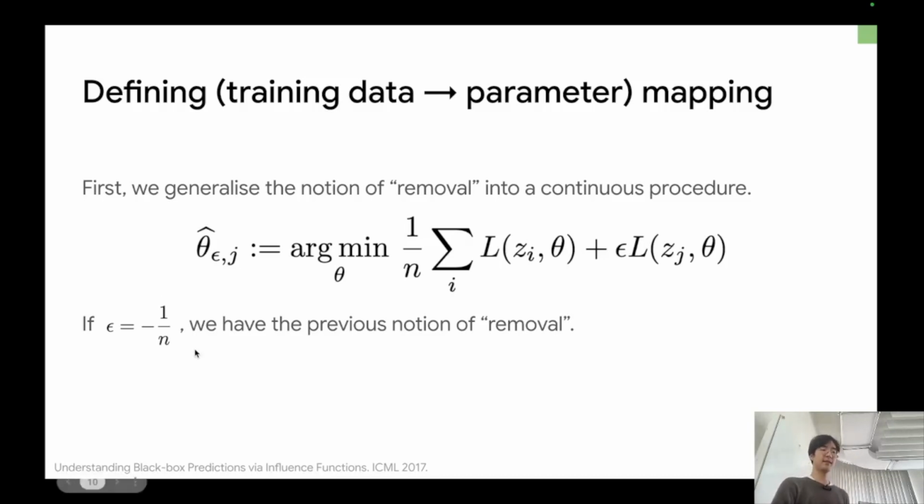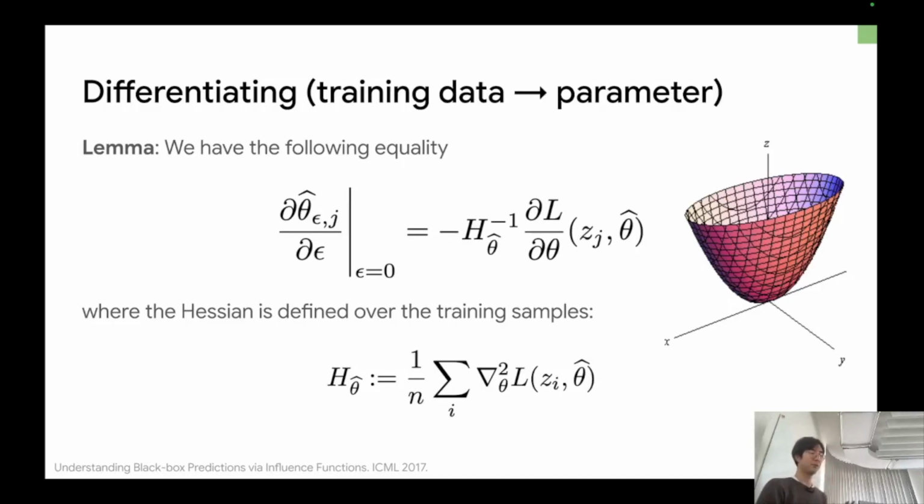That's one thing. And the other thing that we realize is if you replace epsilon by -1/n, we recover this theta hat minus j before, because you're excluding this factor from this sum here. So Zj is excluded from the sum. That's the trick. And if you define stuff in this way, then you have an intermediate lemma here, which